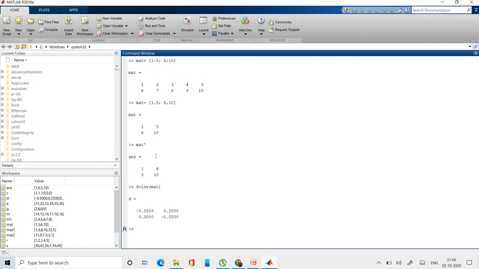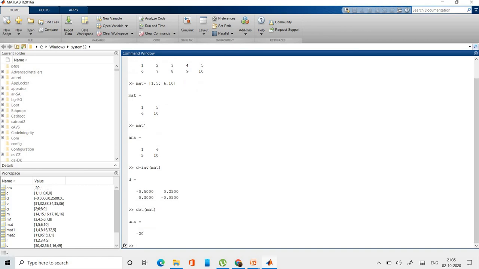So this is the inverse of the matrix that we have entered. If you want to find the determinant of this matrix, just use the command det mat.